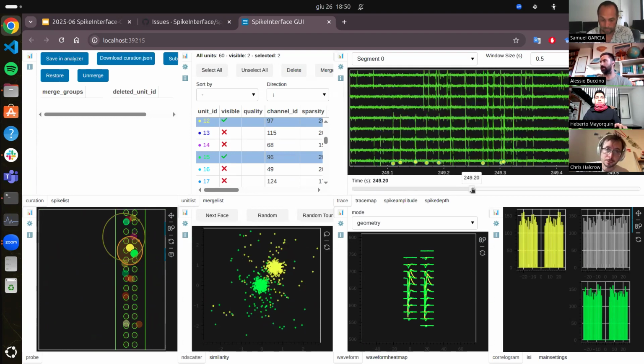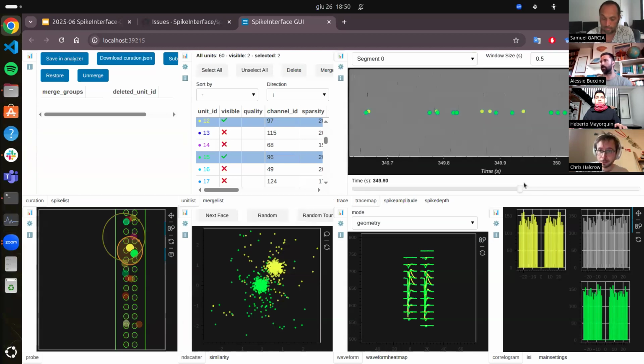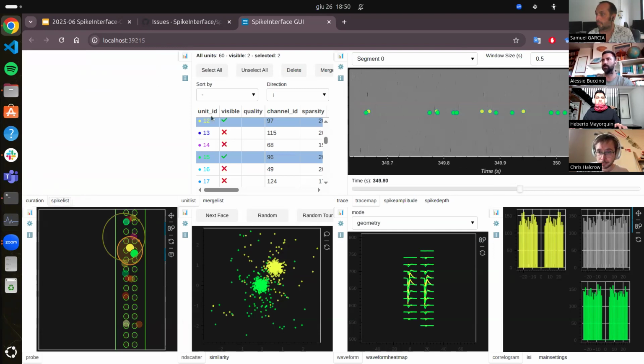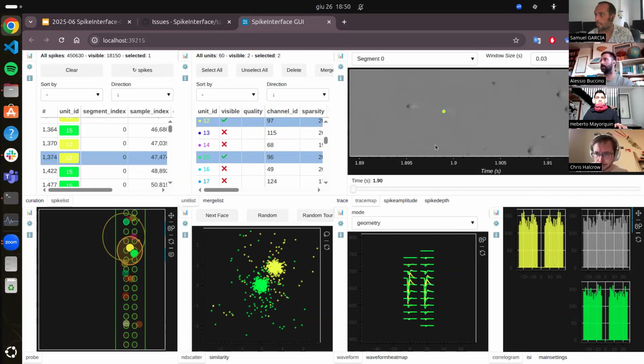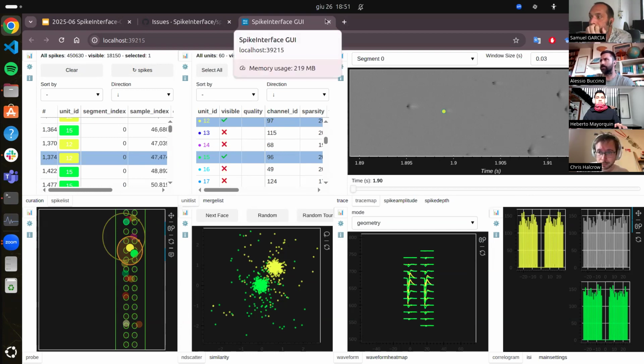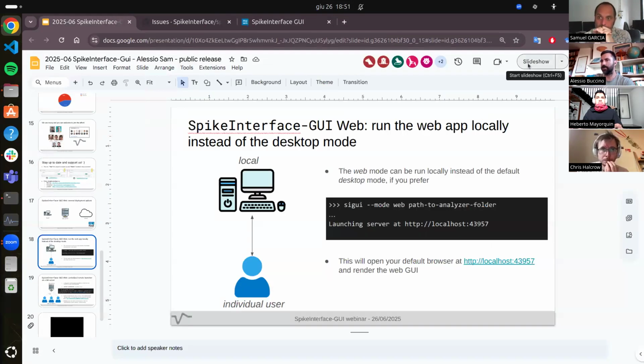We can scroll through the data. We can zoom in and out. We have the trace map and so on. So I won't actually spend too much time on this because you'll see that it's very similar, just a different way of rendering the GUI. Again, you have the curation, you can see individual spikes. Everything that Sam covered is implemented in this backend. So I covered this quickly because I want to spend a few more minutes showing two other possible applications of